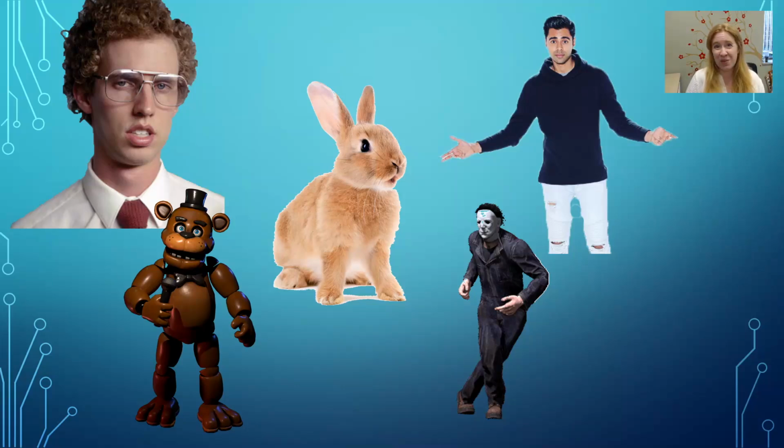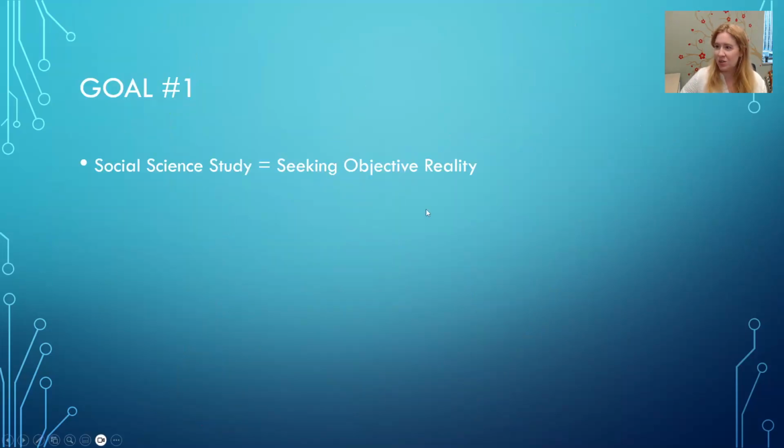Another one is disinformation. So we know that there's a lot of misinformation and disinformation in the media, and that can have really negative effects on citizenship. But what do we do about that? We can censor disinformation, but censorship comes with its own problems as well. So we have to really look at all the evidence to make difficult decisions about the real world around us. And that is how we do it in the social sciences.